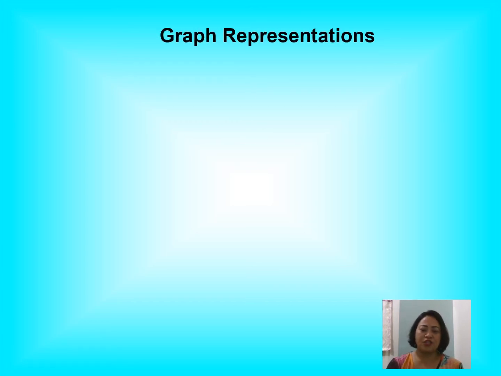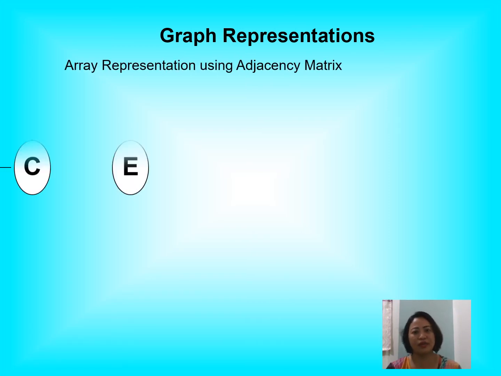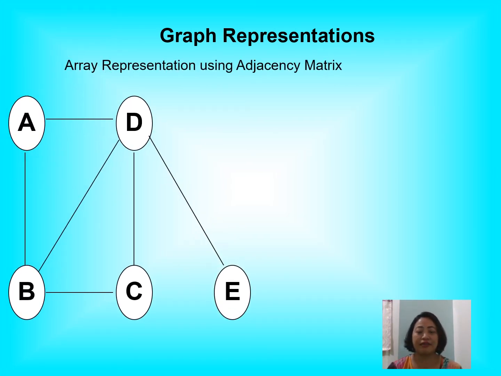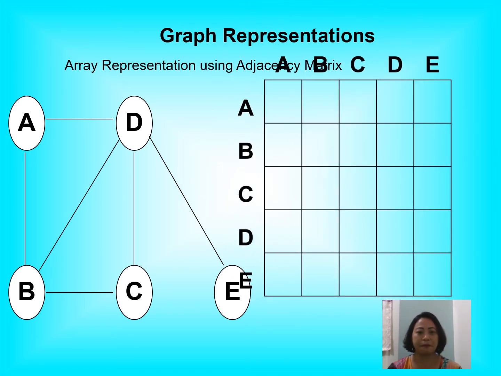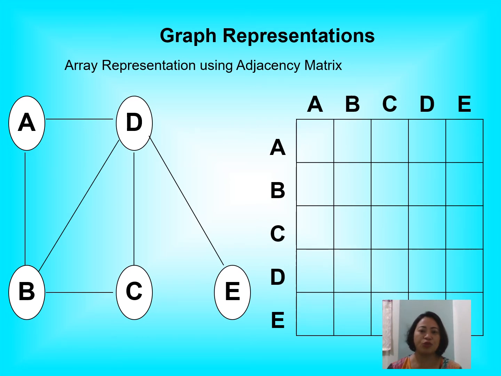Moving on, we now have graph representations. Okay. So there are 2 ways to represent a graph, just like the other topics that we have. It could be represented using an array or a matrix, or it could be using a linked list. Okay, so here we have a graph. This one is an undirected graph. And then if we're going to draw the adjacency matrix for this one,